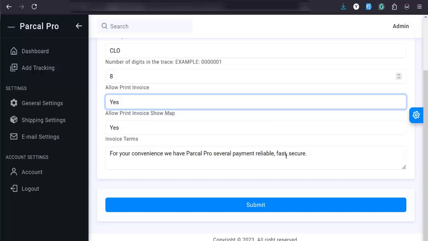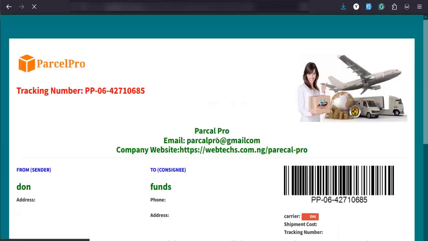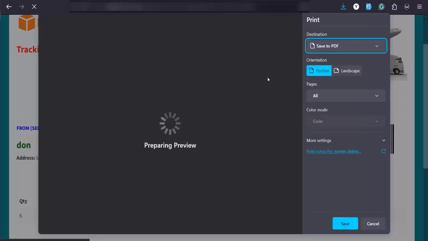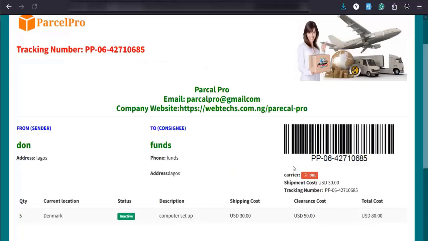So when they come and they print this invoice, it's going to take you straight to this page. Okay, that they can even print it out. So if they want to print it out, they are free to print it out. But I'm going to show you a broader view of the